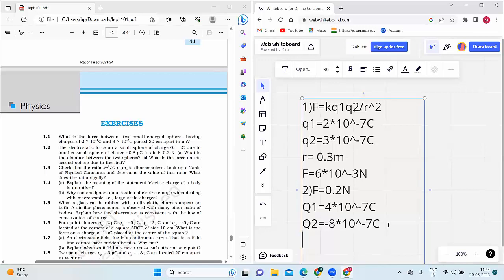By using the equation F equal to k Q1 Q2 by R square, we can get the relation R equal to root over